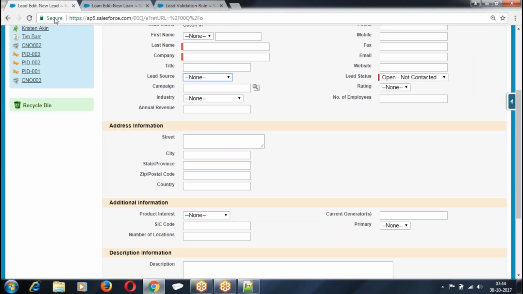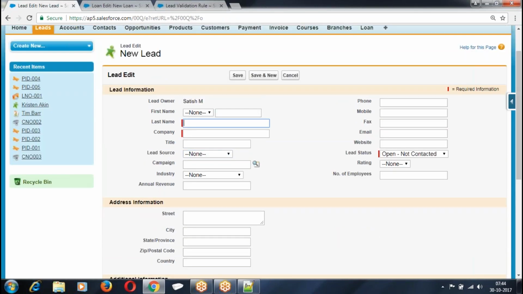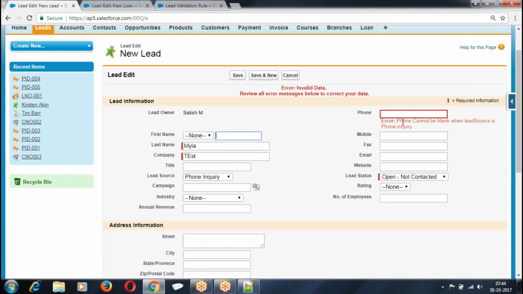Go back to the lead. On the top of the field: phone cannot be blank when lead source is phone inquiry. This is how we are giving the rule here.